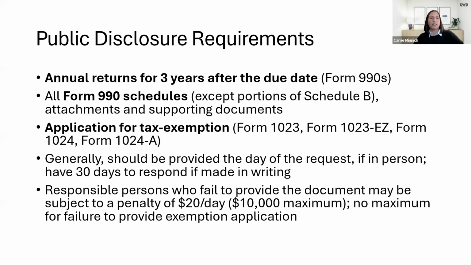Also, the IRS requires some public disclosure items. They give you a tax exemption from paying income taxes, so in return, they are asking you to disclose some items to the public. Your Form 990 for the last 3 years should be available to the public. Many organizations will put this on their website, which is perfectly fine. However, if someone does contact your organization and request a copy of your 990, you do need to provide that to them. There's actually a fee penalty if you don't provide that to them within a reasonable number of days.